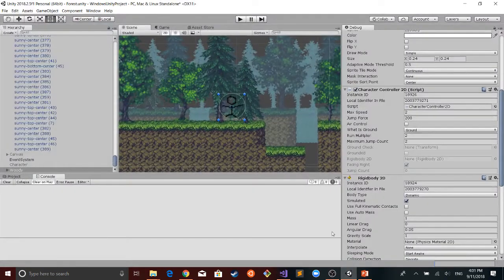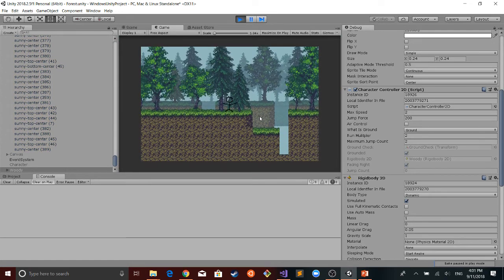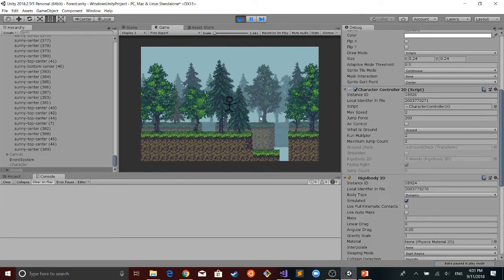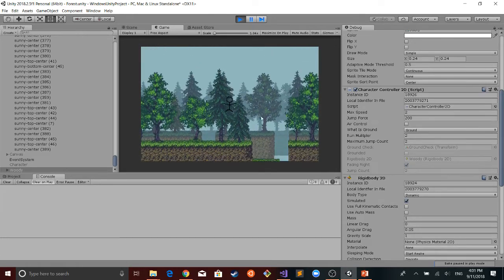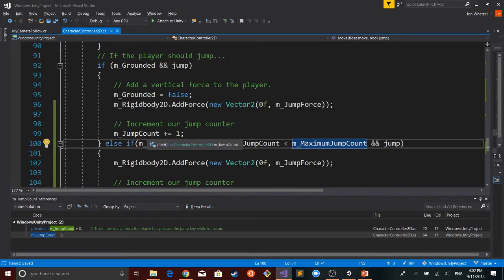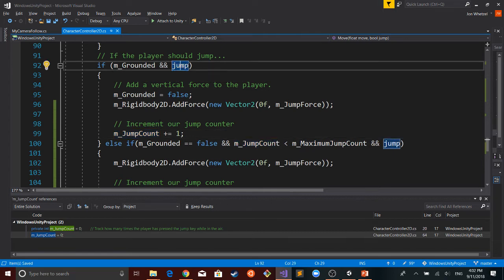Because you have that jump counter thing twice. See how you have it as increment of jump counter and then increment of jump counter? You have 2 of them.